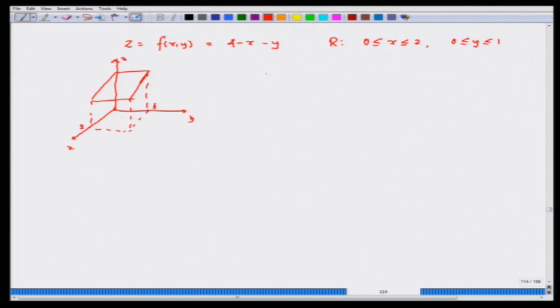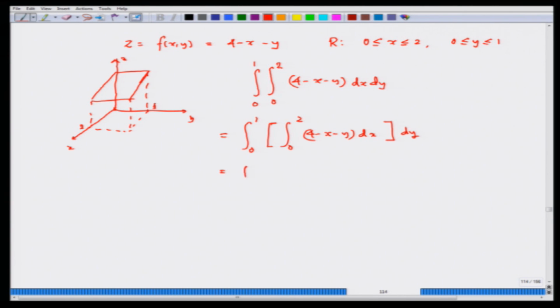To find the volume, we basically have to compute the integral, where x is from 0 to 2 and y is from 0 to 1, and this is my function 4 minus x minus y, dx dy. As a first step, you would integrate first in terms of x, where you keep y constant. So, what you get back is a function of y. So, it is the integral from 0 to 2 of 4 minus x minus y dx, and that will give you